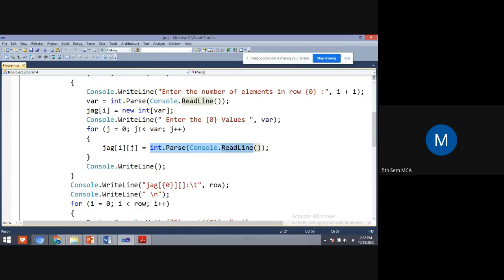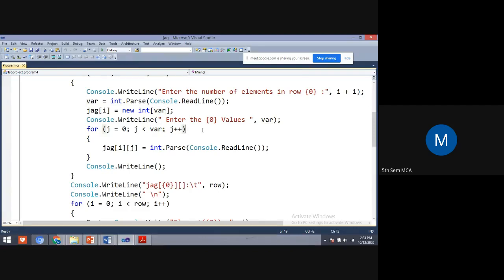Var value is 2 and j value is 1. So 1 is less than 2. Respond. Condition is true or false?